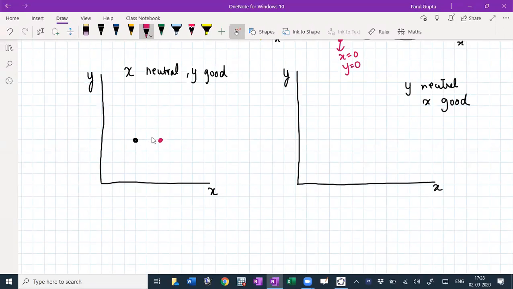Exactly, good. So both these have the same utility because it has the same level of y, and only x is increasing, and I don't care about x. If you give me more x, it's not going to make me any happier. It's also not going to make me any worse off. It won't make me sad, but it won't also make me happy. So these 2 points are exactly on the same indifference curve. They give me exactly the same utility level because my utility is just determined by the good commodity. The neutral does not have any impact on my utility.